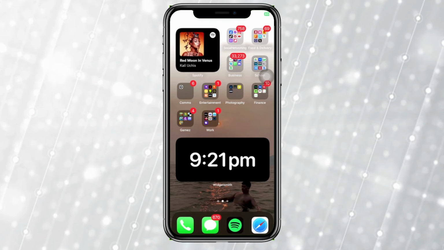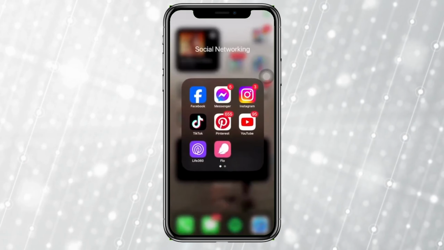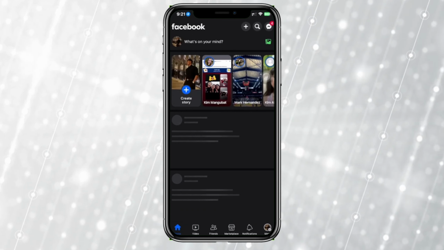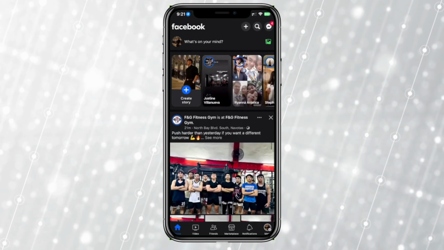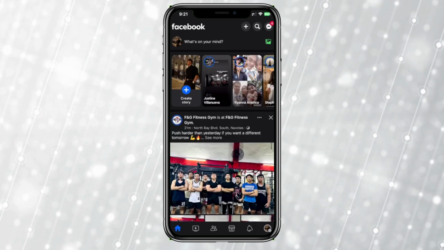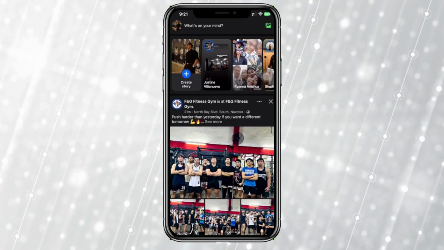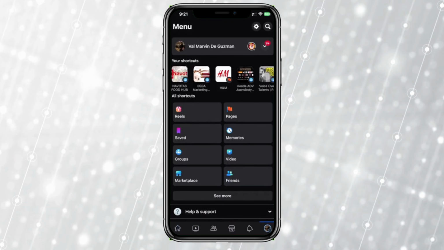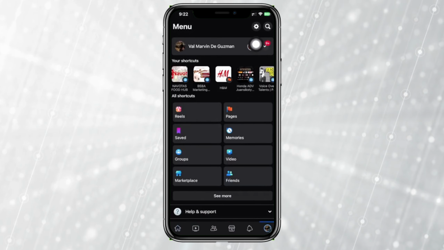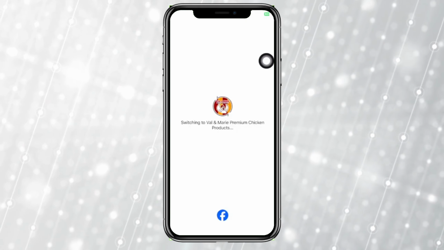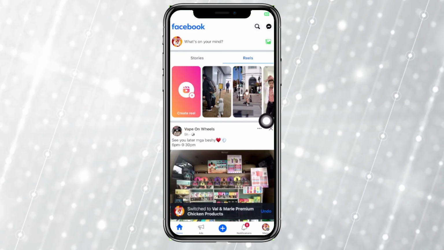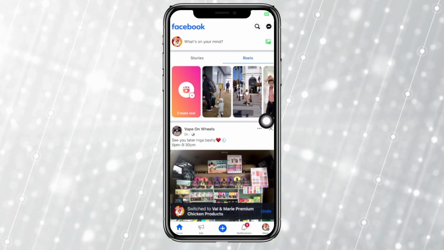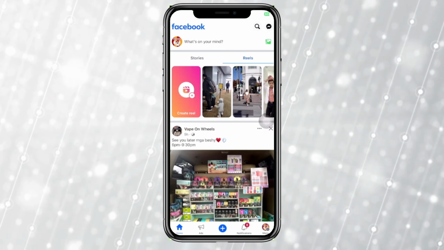Alright guys, so what we need to do first is to go ahead and launch the Facebook application. And what I want you to do is to switch to the profile of your Facebook page. So just tap on this option on your Facebook account and then switch to this profile on your Facebook page. Now, once that is done, what we need to do from here is to go ahead over to our page